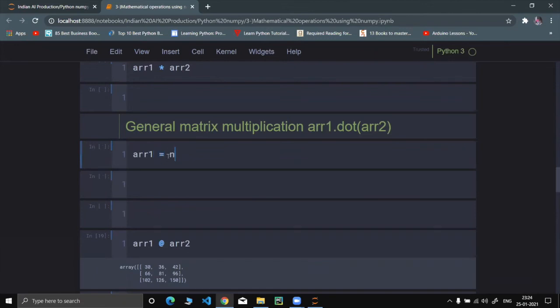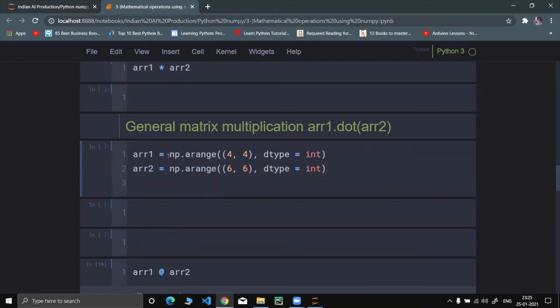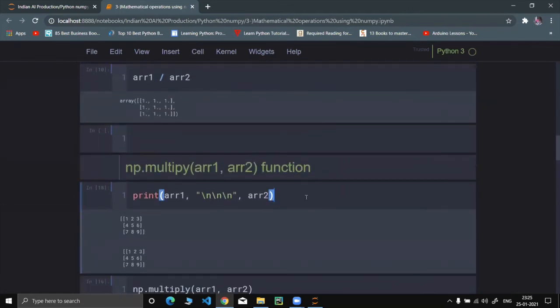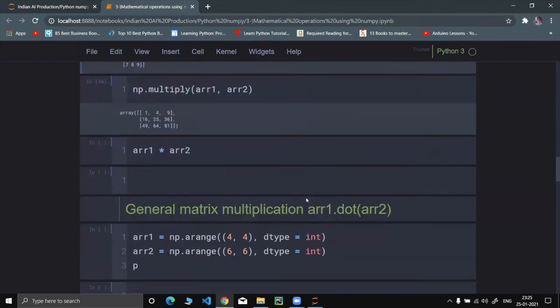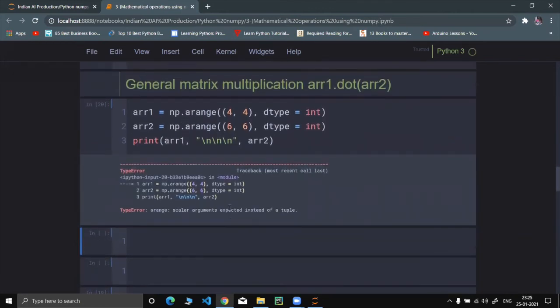ARR1 equals np dot. Can anybody tell me what mistake I did over here?